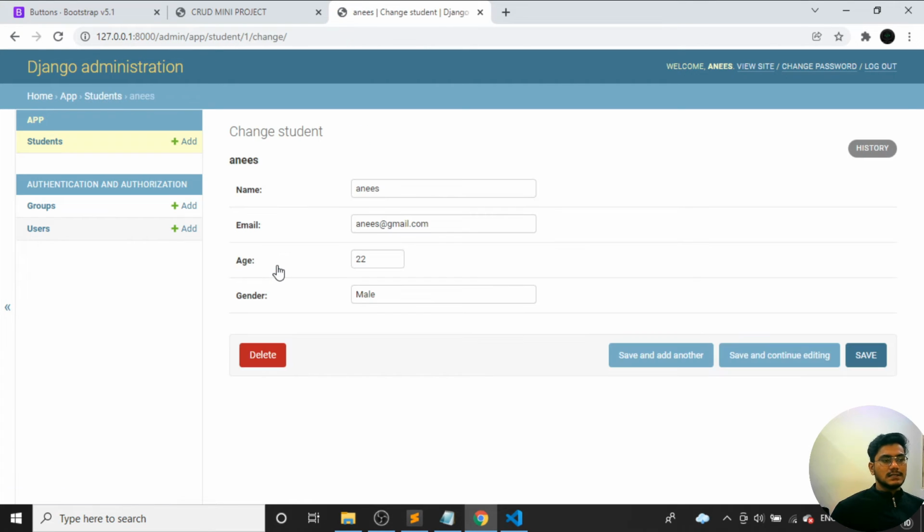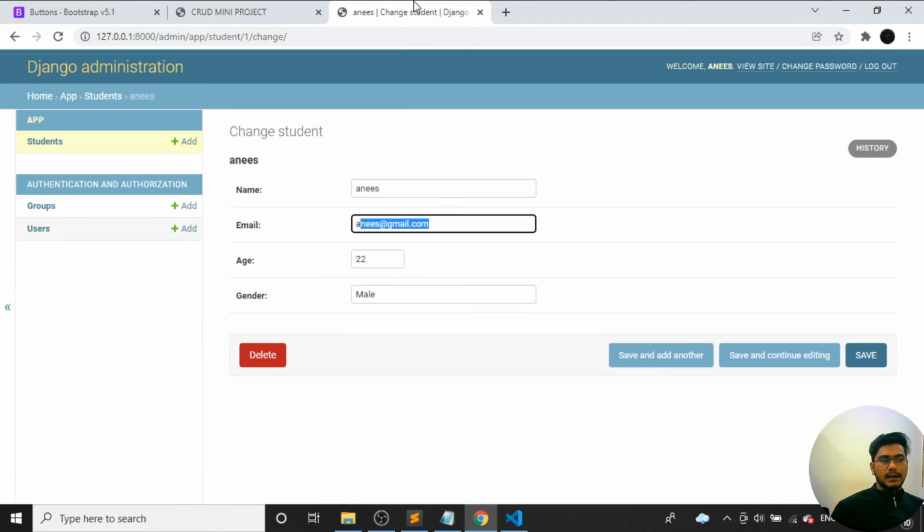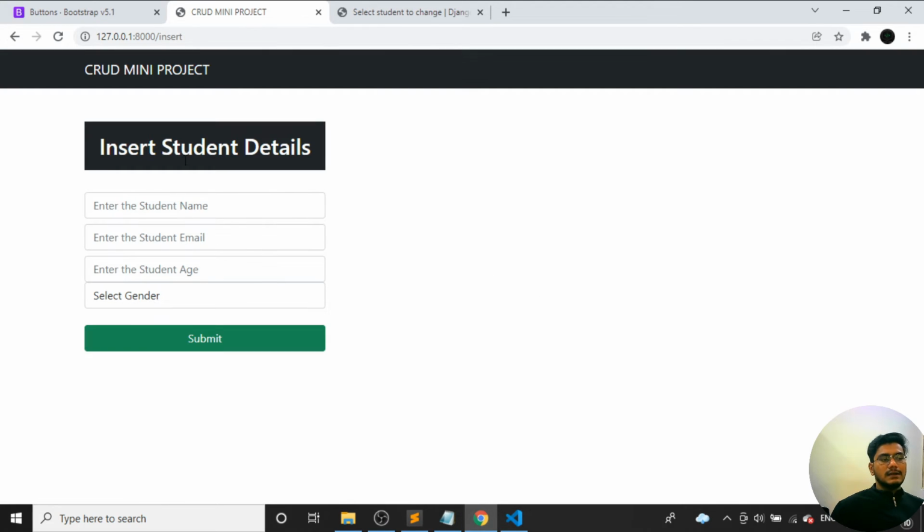If I just open the admin, you can see all the data has been stored. I can delete from here, I can update the data from here, everything I can do. But the same functionality I am showing you how to do it with the front end part. The data I have shown you just for this reason, that the data has been stored over here. So now whatever this data is, I will display it here.